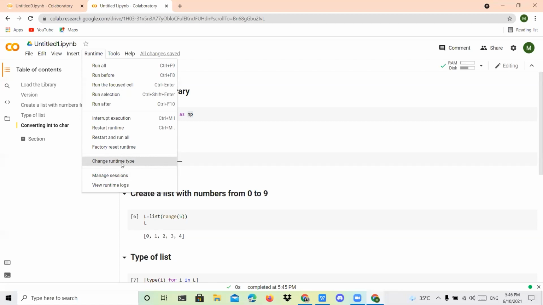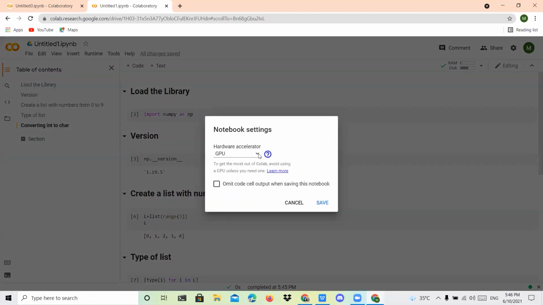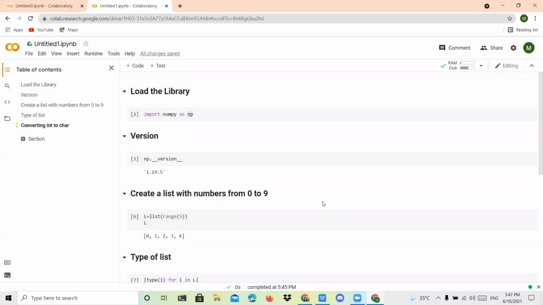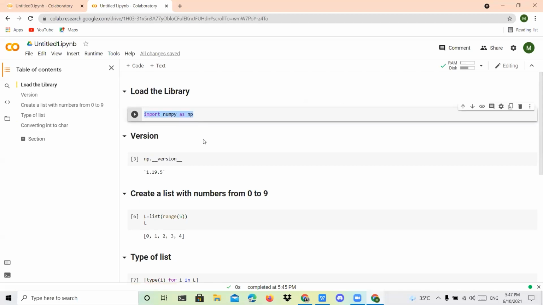First, go to Runtime, where Change runtime type is there. Click this one, and you can change it. There are 3 modes; change it to GPU and save. The meaning is that whenever we use images after this session, the image libraries should be handled in this particular runtime, so change this mode. That is the first instruction I explained. Before any instruction, you can use this text box, which is only for our reference.